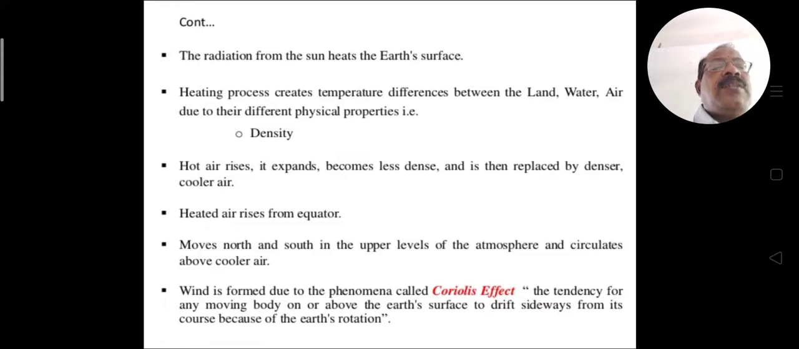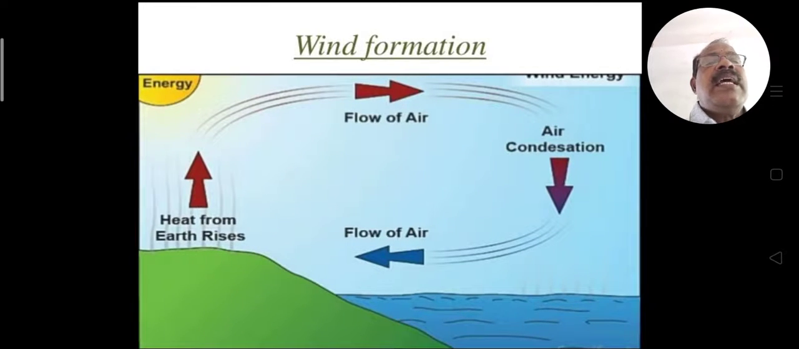What is the Coriolis effect? The Coriolis effect is explained using this diagram. Here, the wind on the surface of the earth rises due to the heat from the earth, and it is flowing upwards from the earth's surface due to solar energy. The earth is heating, so the heat from the earth moves upwards and flows to the right side,